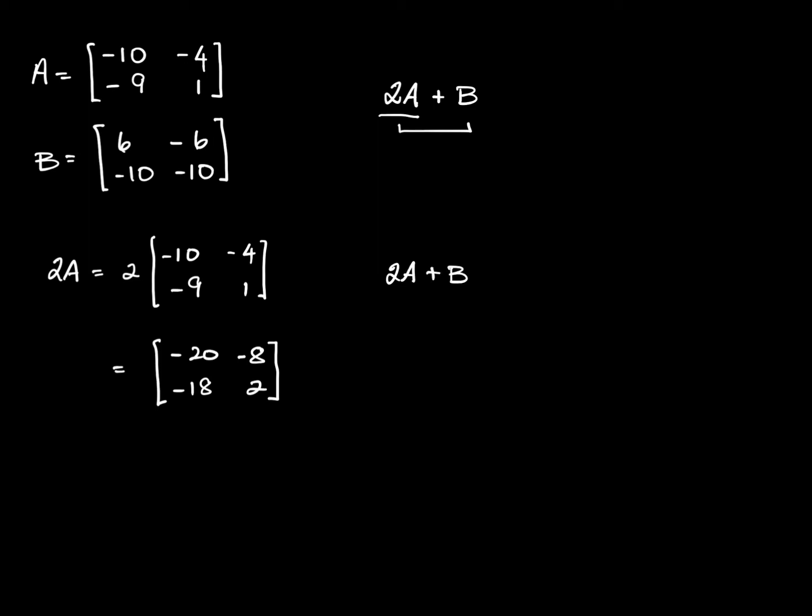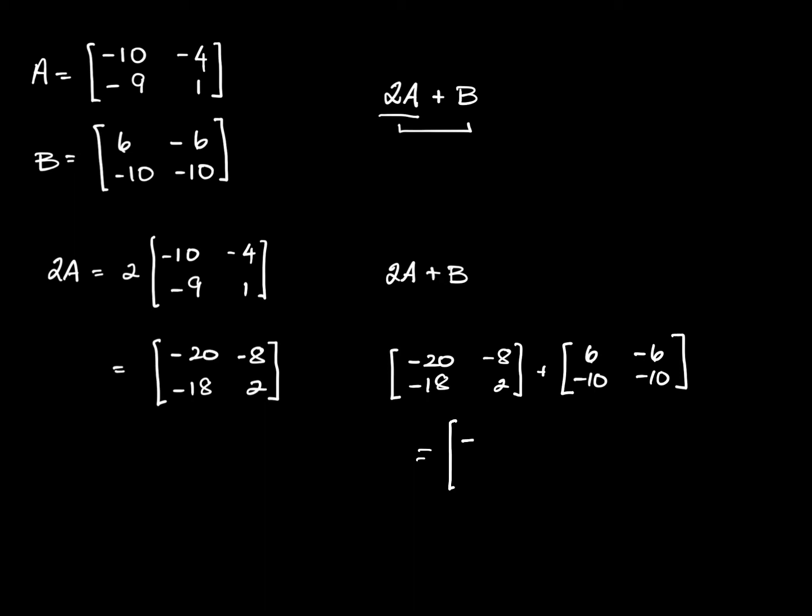And I want to add that then to B. 2A, we've just determined, is -20, -18, -8, and 2. And I'm going to add that to matrix B, which is just this matrix right here. And that is 6, -6, and -10, -10. And addition of matrices is just an entry by entry addition. So I'm going to have -20 plus 6, -8 plus -6, -18 plus -10, and so on. And the result then will be